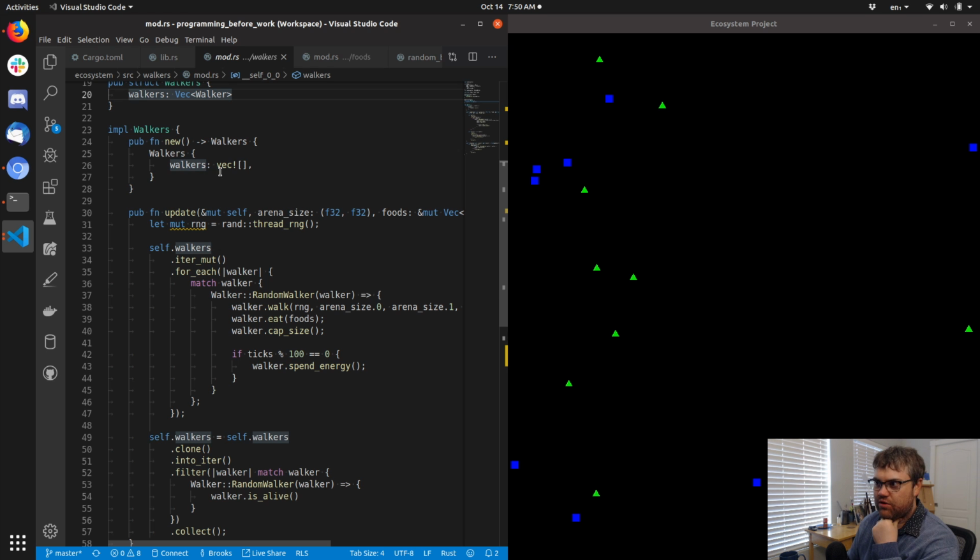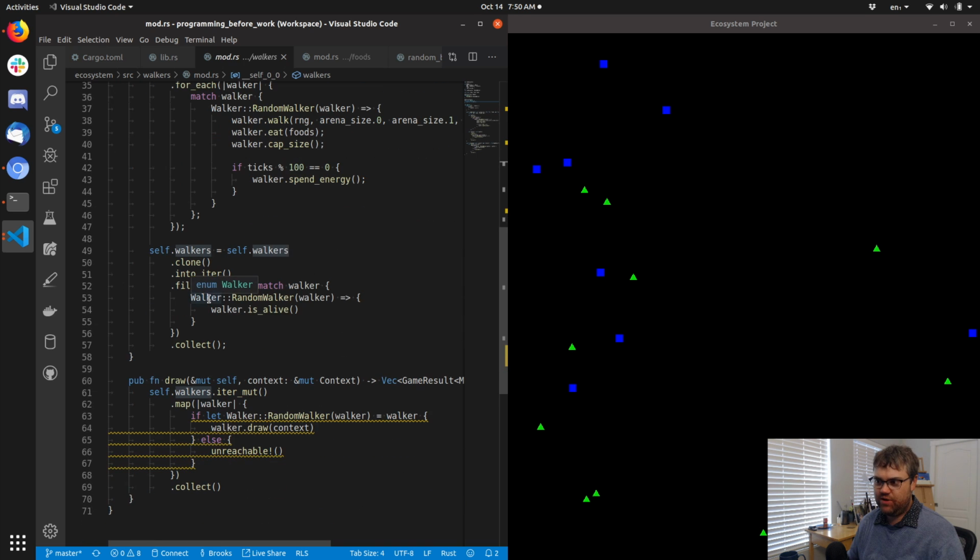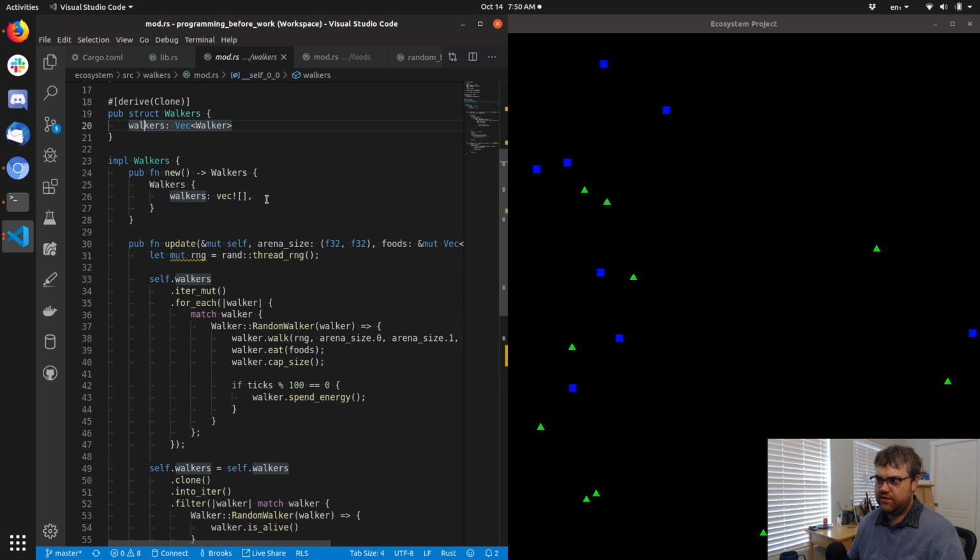Okay, so when we create new ones, we don't know where to create them. And I think that's the problem, we don't know when to create them. So on the first frame, we have the context and we can add them all in. So we'll have to have a function for that. But okay, we have,